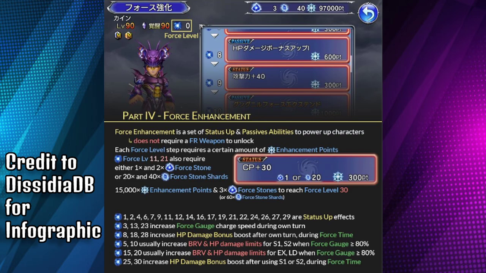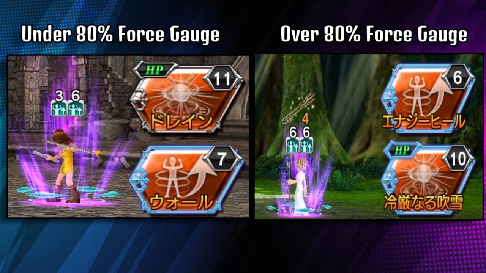Now, when it comes to figuring out which abilities will help you, or I guess in this case, the FR charges that will help you increase the FR gauge a little bit faster, whenever you are under 80% of the force gauge, you're going to notice that certain abilities are highlighted with a blue highlight. That is an indication to let you know that, hey, this right here is an ability that does get a small little bonus whenever you use it,